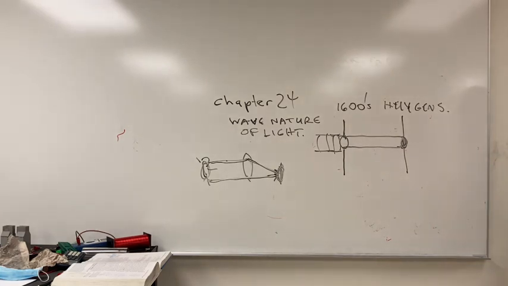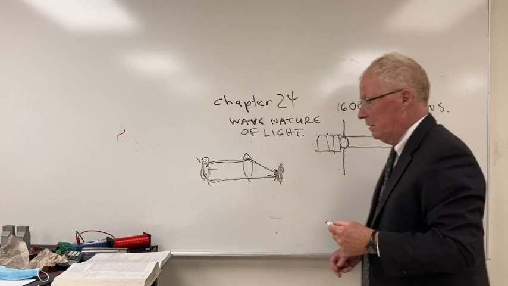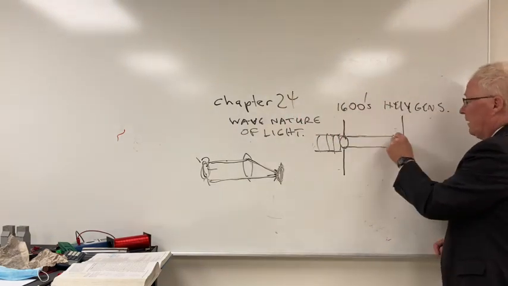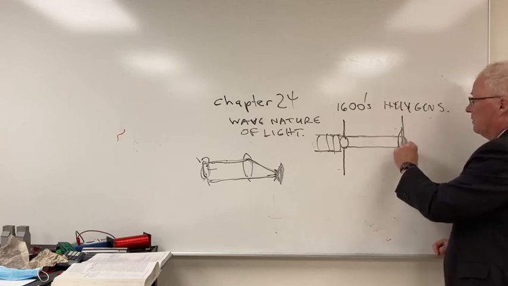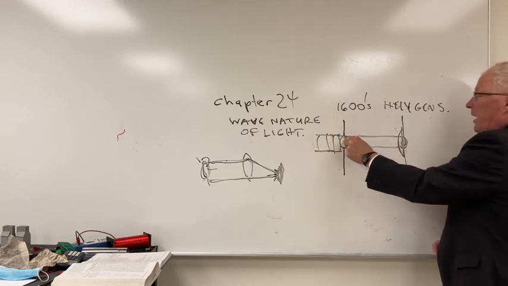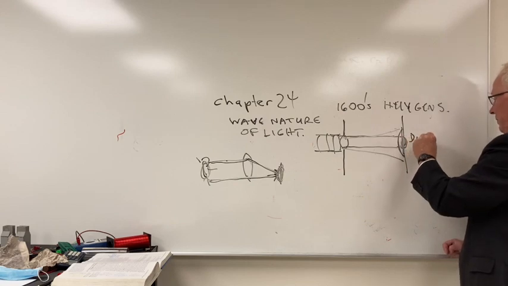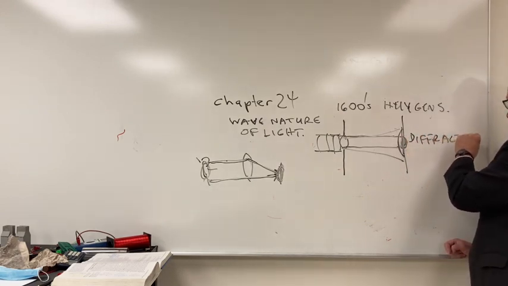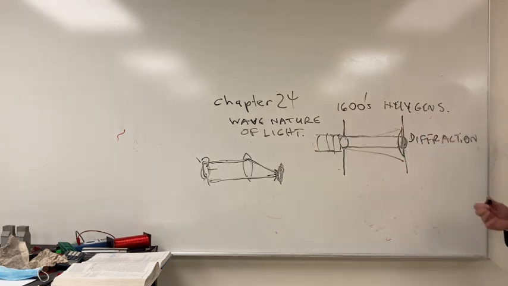What he discovered instead is that the light actually spread out somehow. So light, rather than just passing straight through, actually spread out, what we would call diffraction. And this is the principle of diffraction. And what this meant, from other observations of, say, waves,